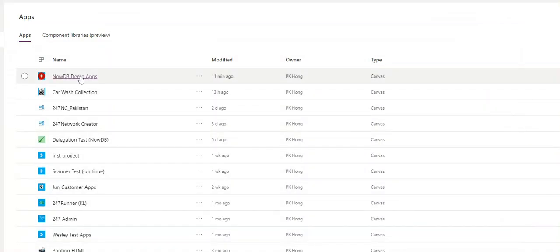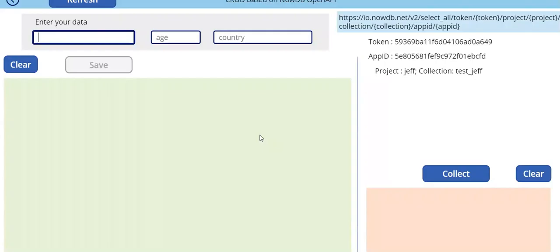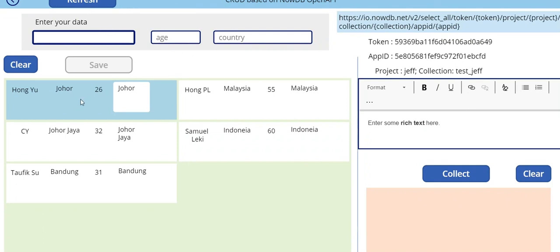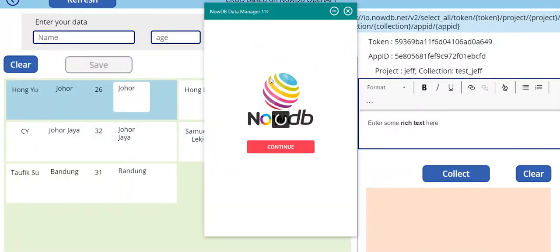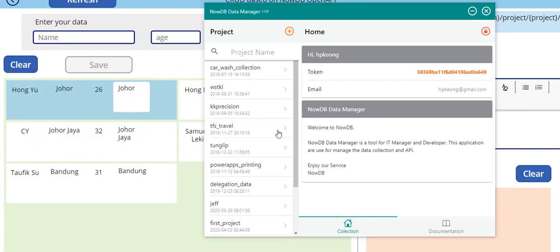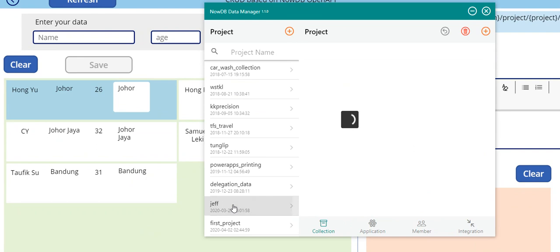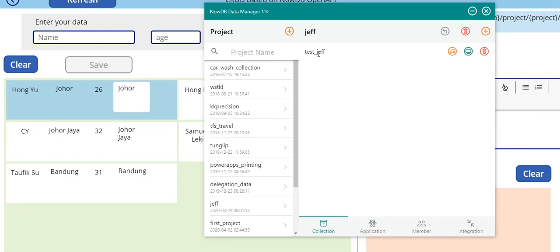All right, I have the apps here, the NowDB demo apps, which I'm using in NowDB. This is the app that I have here, and we have 5 data. Let me look at this data manager, whereby this app is linked to a project called Jeff, and the collection is called Test Jeff.